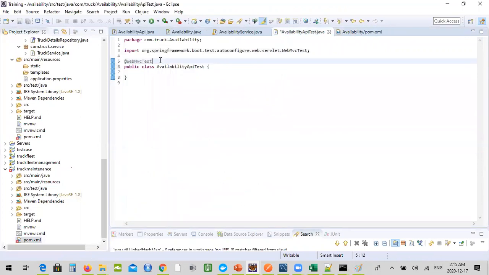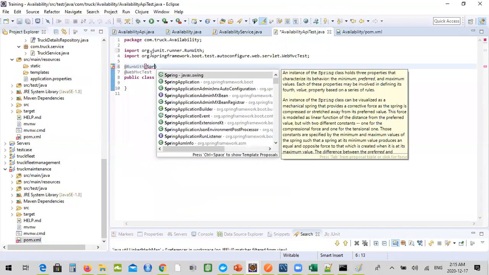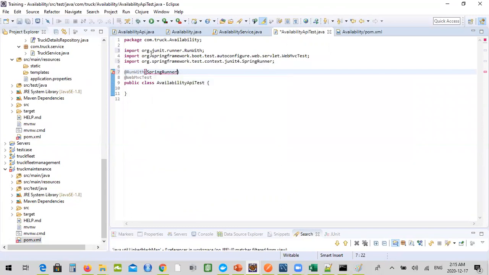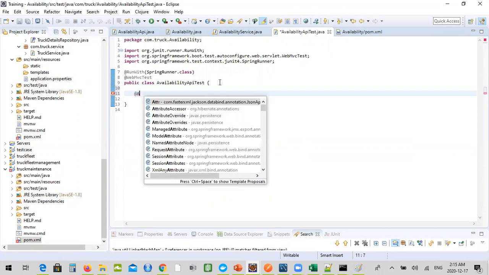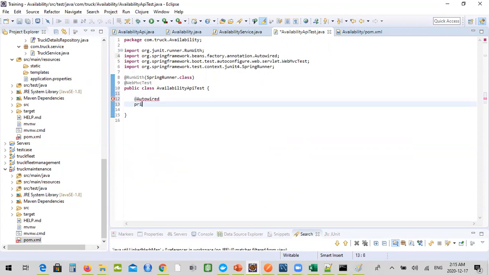Here I need to specify the runner class, @RunWith, with SpringRunner, if you remember properly. SpringRunner, oops, like that, dot class. Now I have a dependency. For that purpose, I will be autowiring, @Autowired. So private